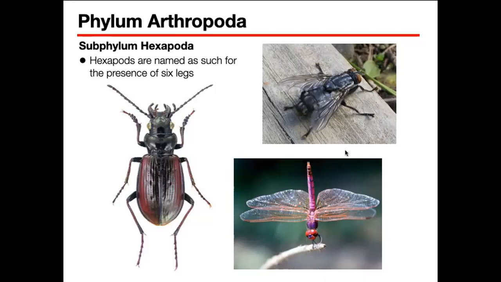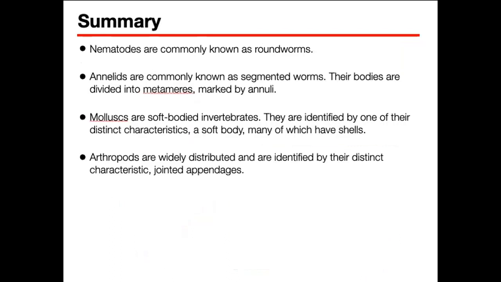unattended meat, for example, or fecal matter. And our dragonflies and our beetles, for example, are under Hexapoda. So that's it for our invertebrate diversity, and I hope somehow this lecture